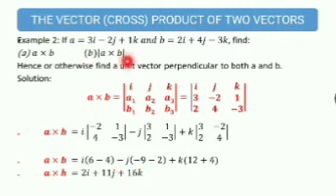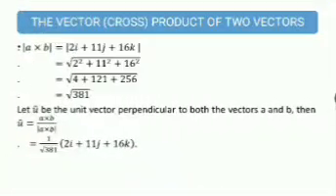Now to find the modulus of A cross B. This is the answer for A cross B. To find the modulus of A cross B, just find the square root of 2 squared plus 11 squared plus 16 squared. So let's see. 2 squared plus 11 squared plus 16 squared is equal to 4 plus 121 plus 256,